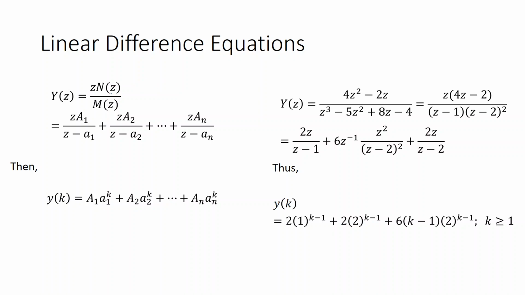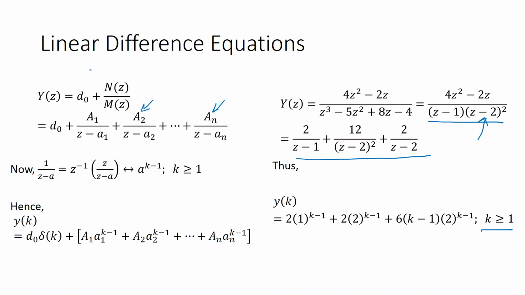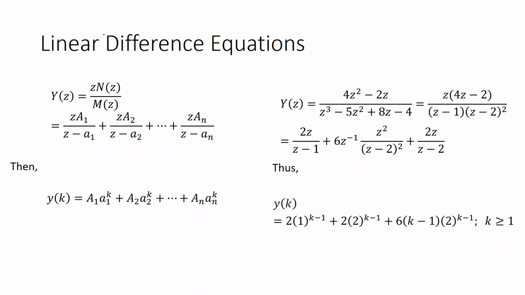So you can take a z out from the numerator. So if you don't have a d0, this is not the correct statement. If you can actually take a z out of N(z), as you see in this example, then you can take a z out of N(z), and then with N(z) by M(z),